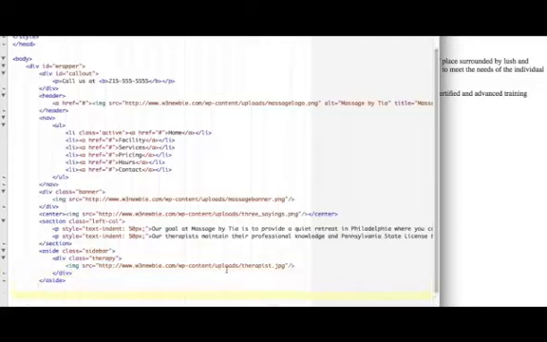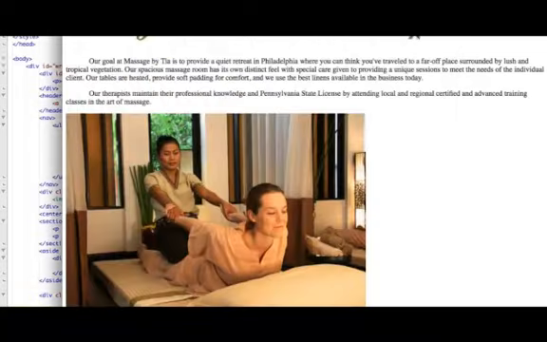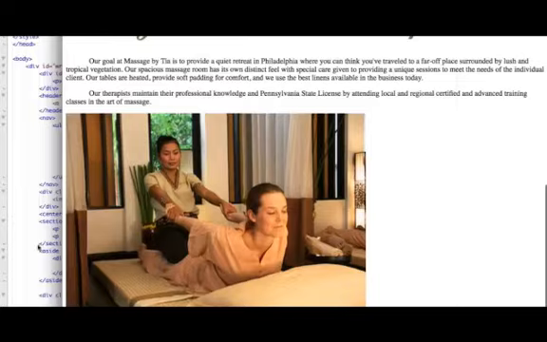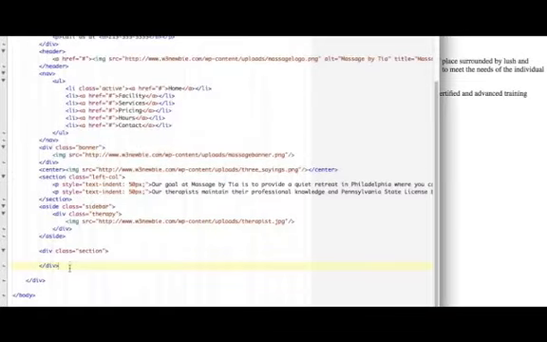So now we'll start mapping out the 3-section area of the website. So we're going to do 3 different div classes, and we're just going to give them all the same styling. So it's going to be called div class section, and this will be our first. And then if we go down and close the div, and let's take a look. So these are going to be our sections. Now let's go back,